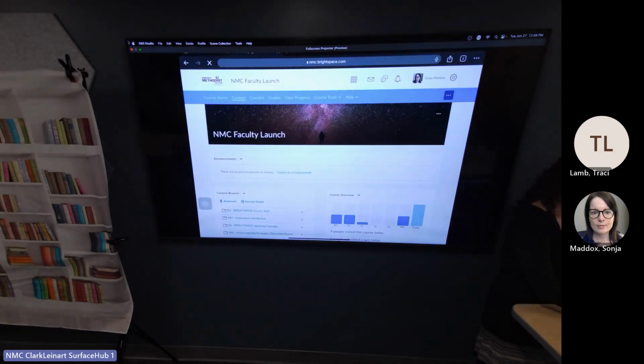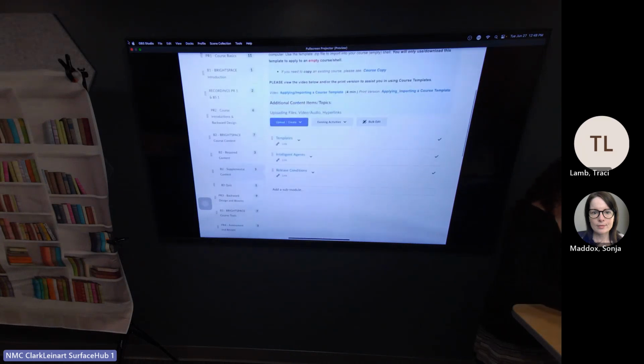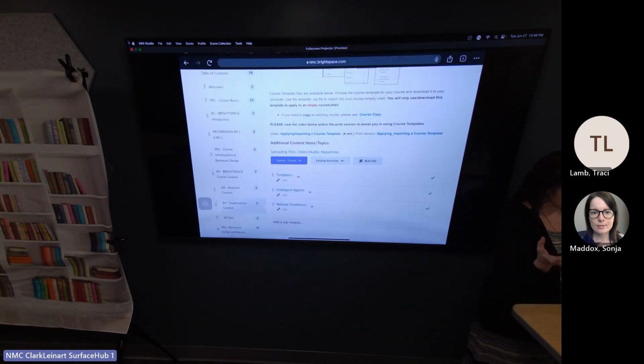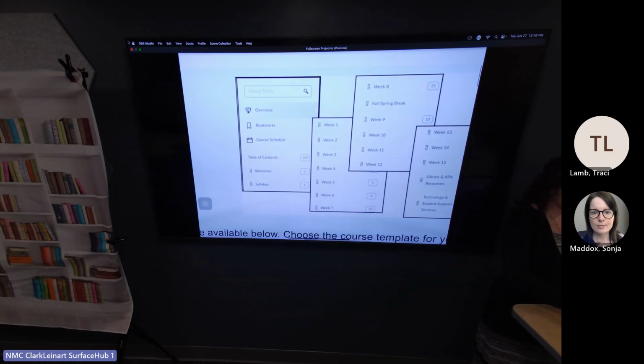I did put information in the supplemental area about the templates that I think I mentioned earlier. I put content into each of your test sites, but there are also these different templates. When we say template, that's just the pieces like week 1 through whatever. The ones at the very bottom are pretty static. There's always going to be the library APA resources and the technology and student resources. These two you don't have to change. You shouldn't change those.